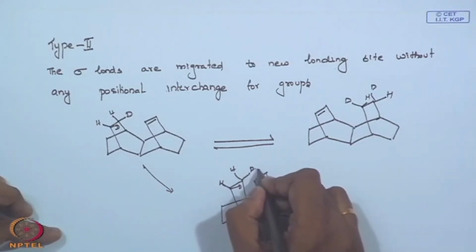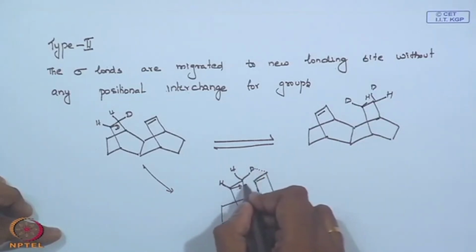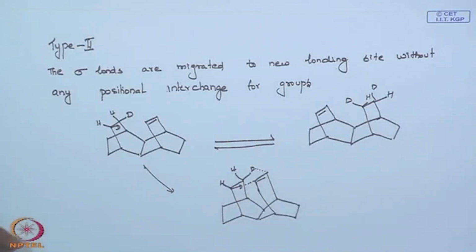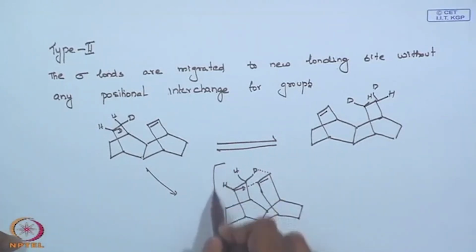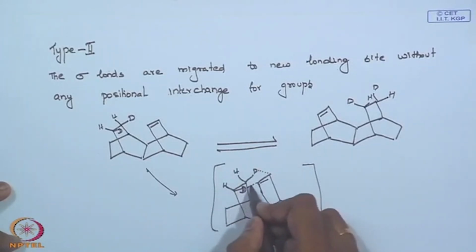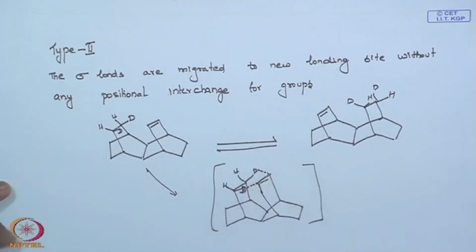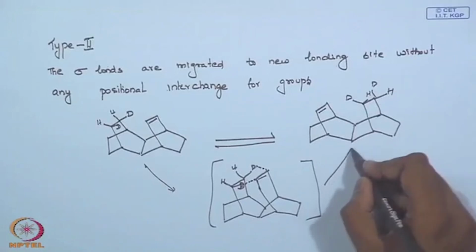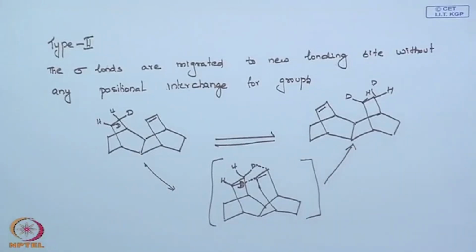So this deuterium just moves across. This can be the transition state. The deuterium just moves across in this direction to give you the product. Clear? So this is your type 2